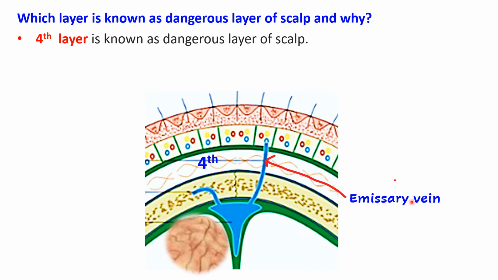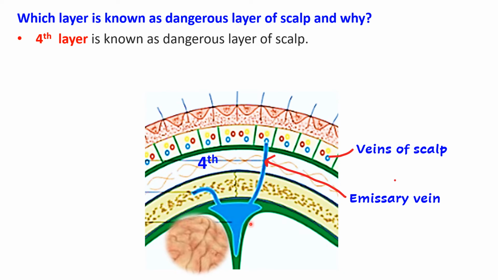Emissary veins are those veins which connect the veins present outside the cranial cavity, that is extracranial veins, with the intracranial dural venous sinuses. Within the dura mater, you have venous channels known as dural venous sinuses, right? So those are emissary veins. So in case of scalp also, what will happen? The veins of the scalp which are present here in the second layer, they will be connected to the emissary